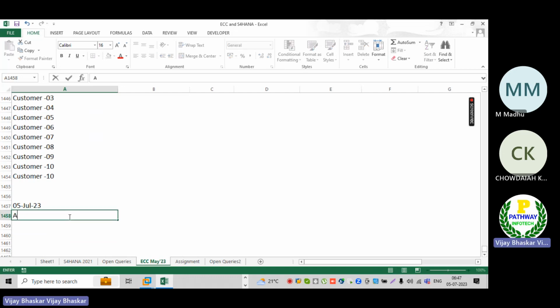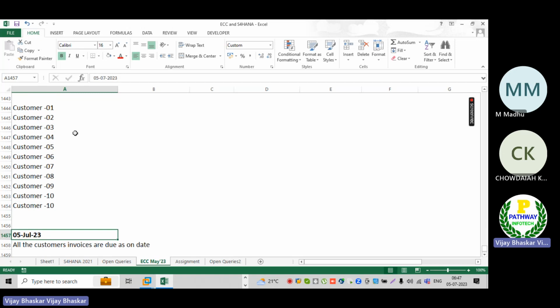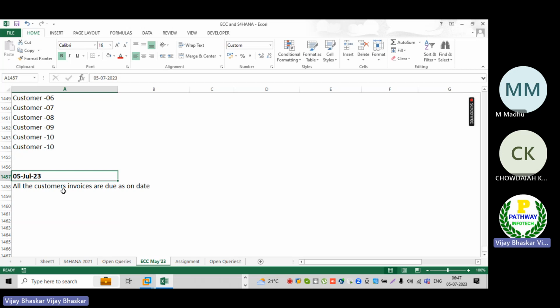All the customers' invoices are due as of a date. What will happen? On the 5th of July, all the listed customer invoices are due. One customer's payable amount might differ. At this point of time, let us think about